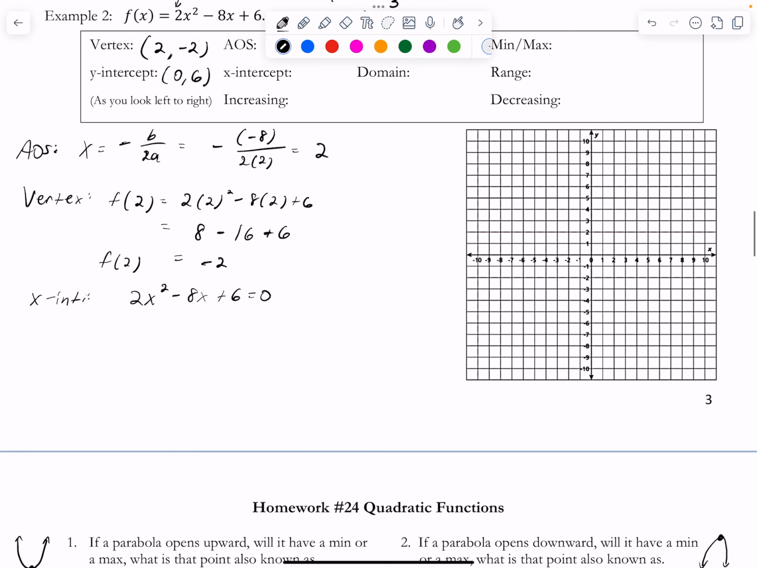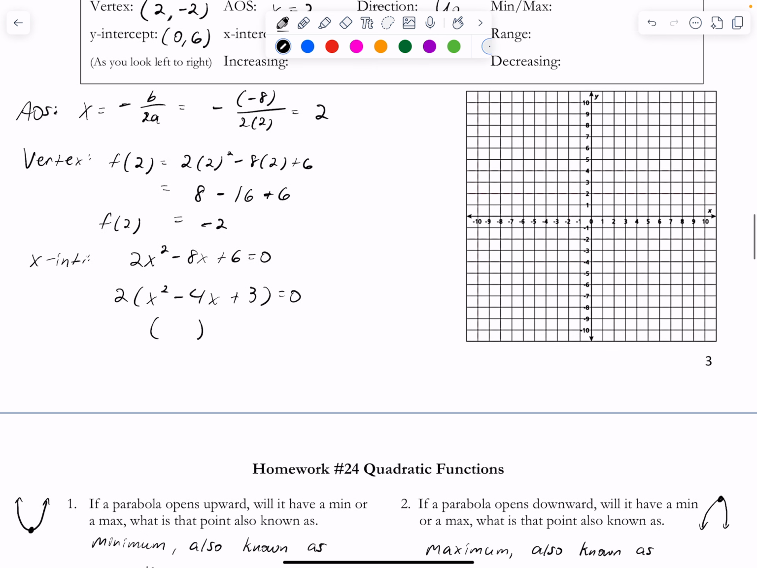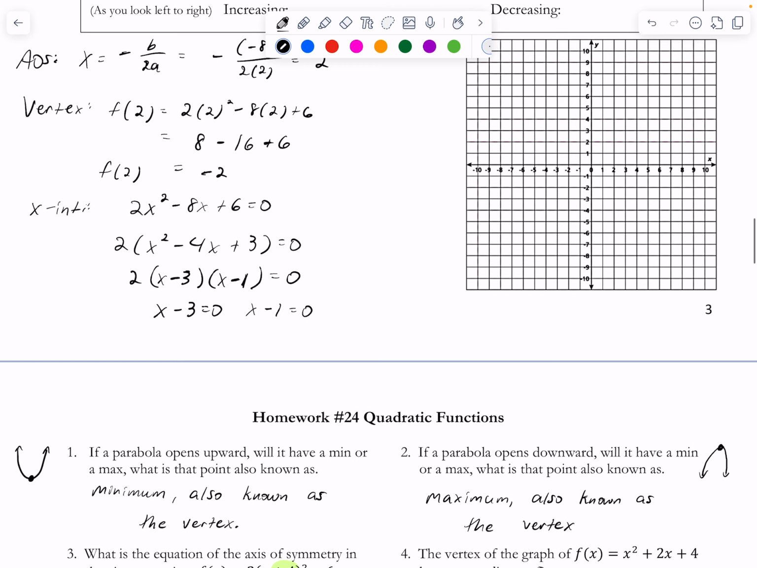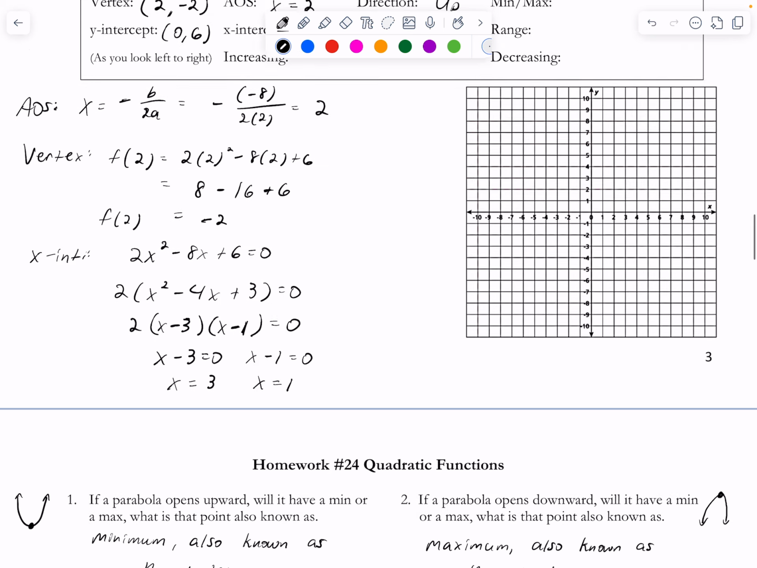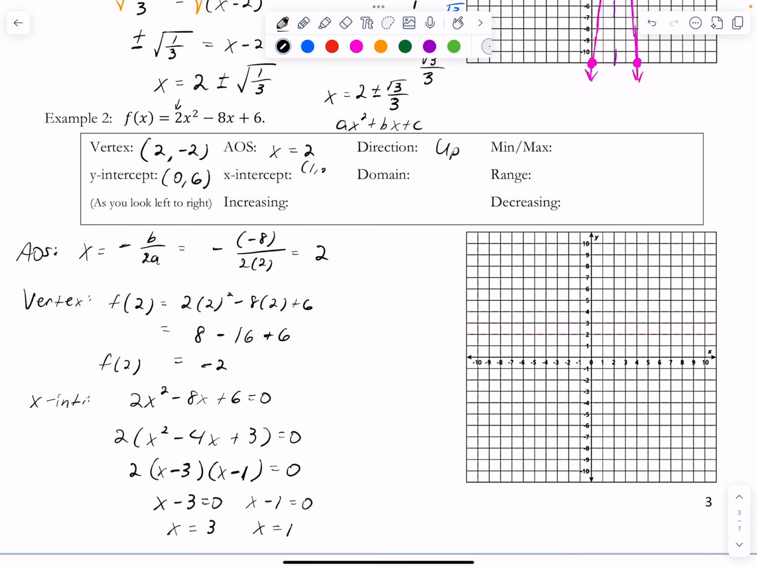I notice it does have a GCF of 2, so factor that out. And then I'm thinking of factors of 3 that add to negative 4, which is going to be minus 3 and minus 1, right? Because negative 3 times negative 1 is 3. Negative 3 plus negative 1 is negative 4. You can bring that 2 down too, but because it doesn't have a variable, I end up not caring about it. I only care about the factors that have a variable. So my x-intercepts are 3 and 1. So 1, 0,